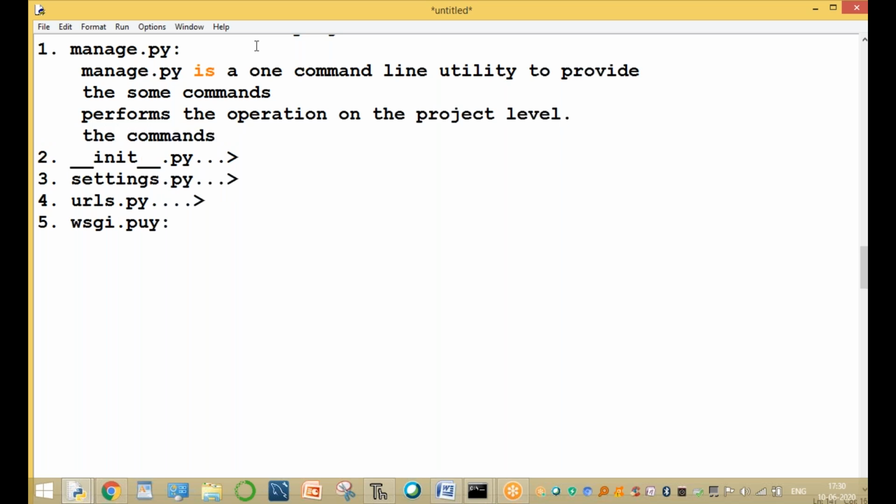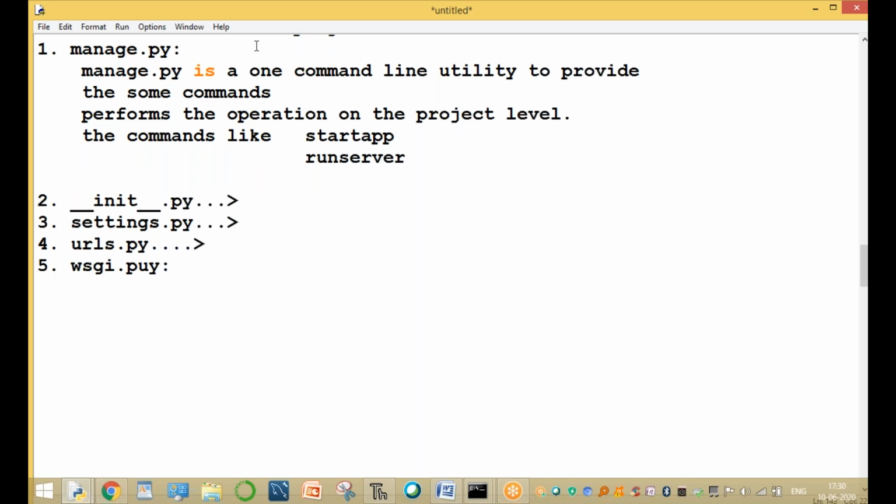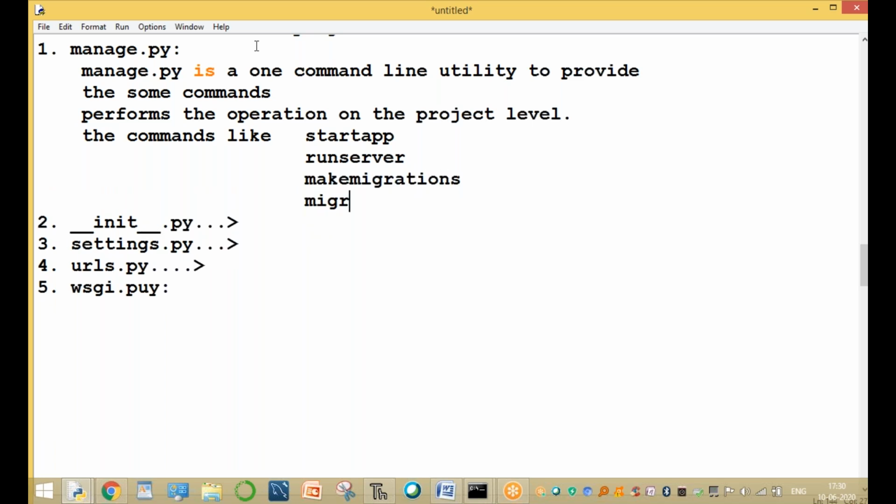The commands like startapp, runserver, makemigrations and migrate, and so on. These commands are available in the manage.py file.